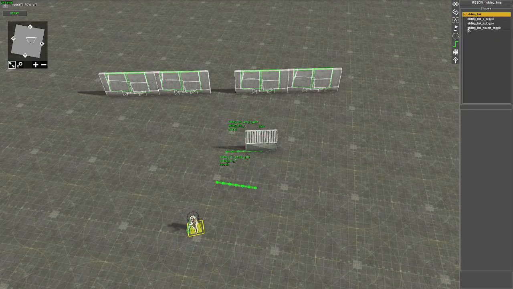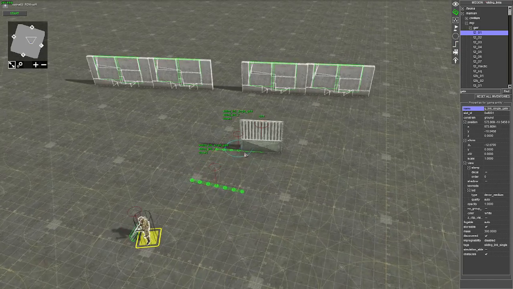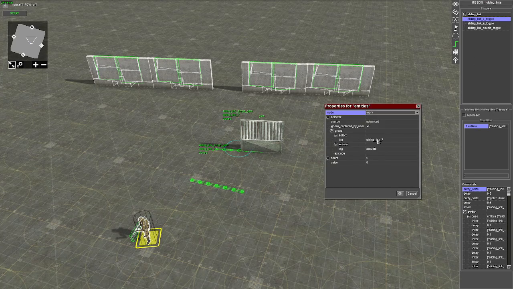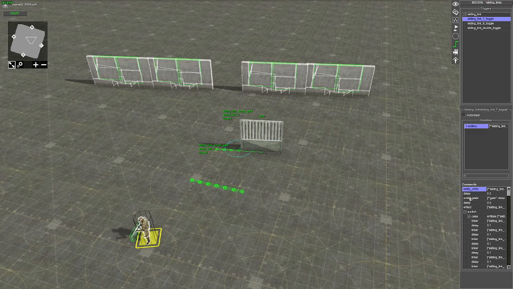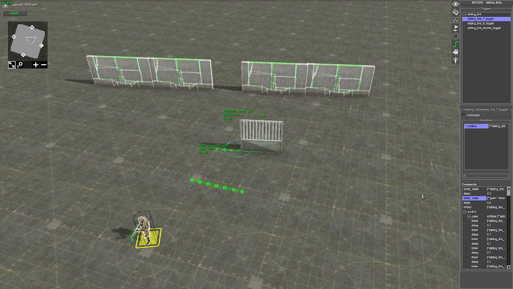Because of the way it's been scripted here, I'll quickly run through what's going on in the script. So what we're looking at is, when it's script itself, the condition looks for one of these sliding link 7 with the tag activate. If they're greater than 0, this is going to fire. The first is an entity state, which selects one of those and gives it a unique tag. Then after a short delay, it looks for that same unique tag, and it looks for the nearest gate that's linked to it. So this gate, so this is now looking for that. It gives that a unique tag as well. So both the gate and the sliding link both get a unique tag, and then